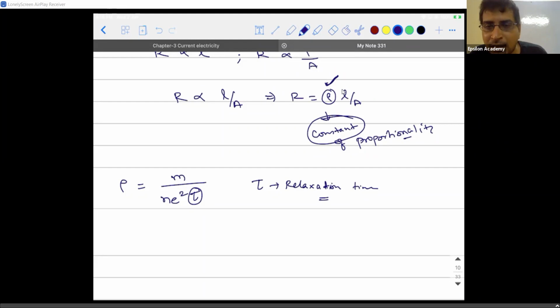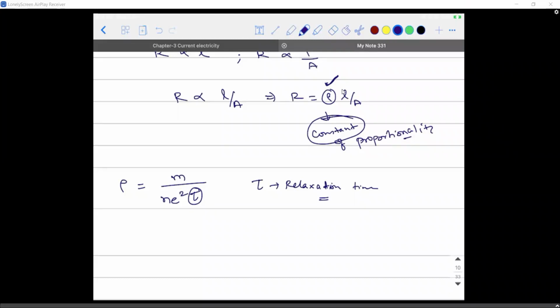When can I say something is relaxed? When something is at rest. When I increase the velocity of both the particles relatively, obviously I'm decreasing the relaxation time. Since the relaxation time is decreasing, what do you think will happen to the resistivity of the material? See, this resistivity is only for a conductor. Please have this in mind. What is happening to the resistivity of this conductor? Relaxation time decreases, resistivity increases.